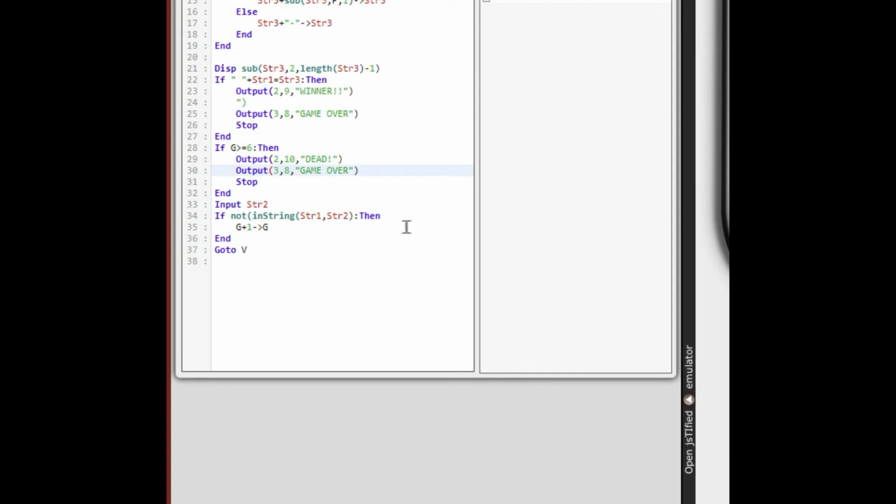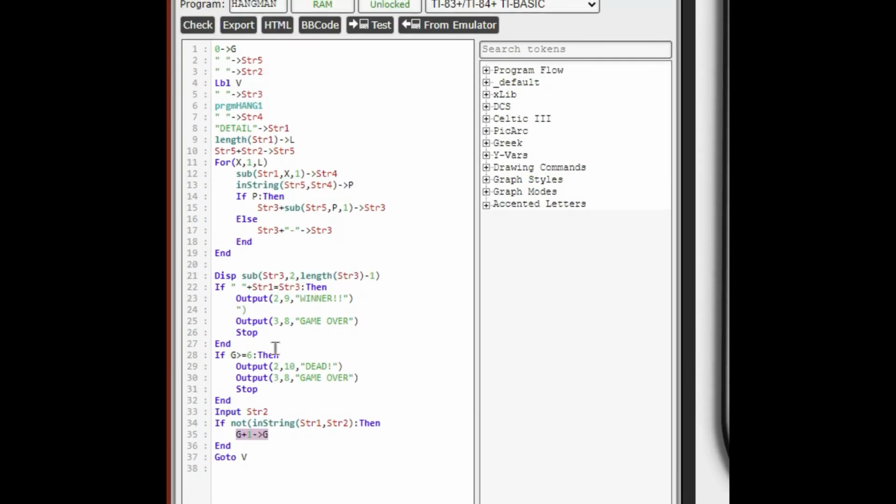And then at the bottom is where you actually do the input. Input your letter to guess. If it's not in the string, if it's not one of the letters in the answer, then add 1 to the guesses. And then otherwise go to V at the top, and you just keep looping until you either win or you lose. It sounds complicated, and I was really glad that I found this program, though, to look at it all